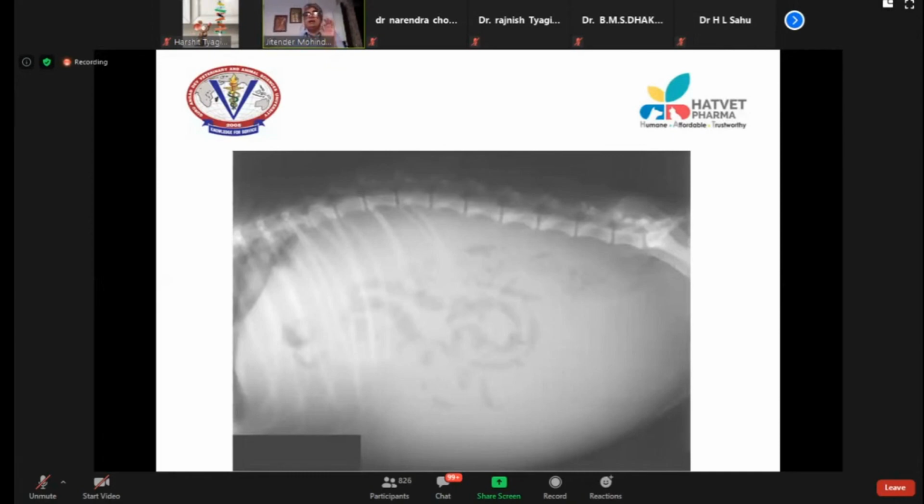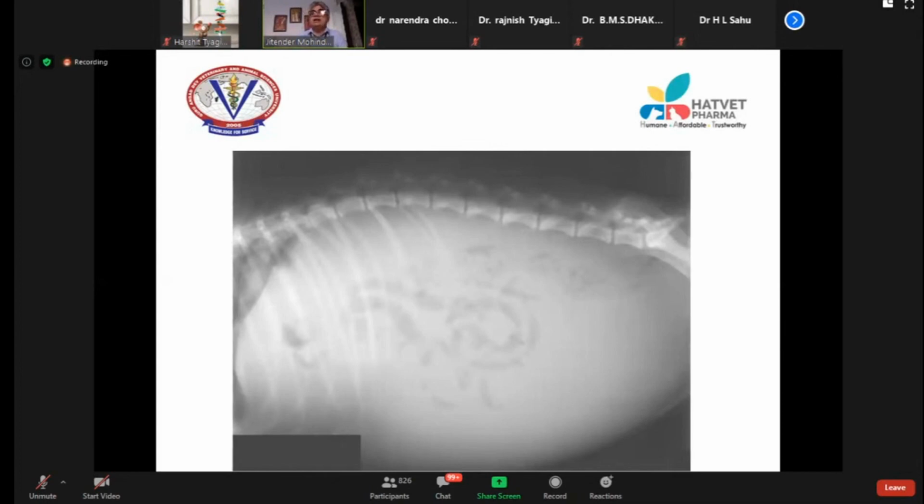When I interpret radiographs of the abdomen, I will discuss this more elaborately in a radiography of abdomen session. When I see this radiograph, the first comment I should make is whether the serosal detail is good or poor.